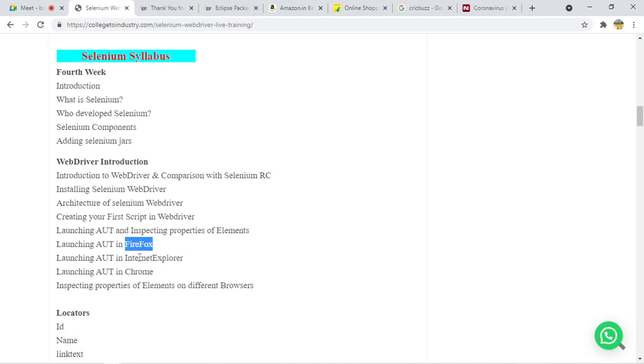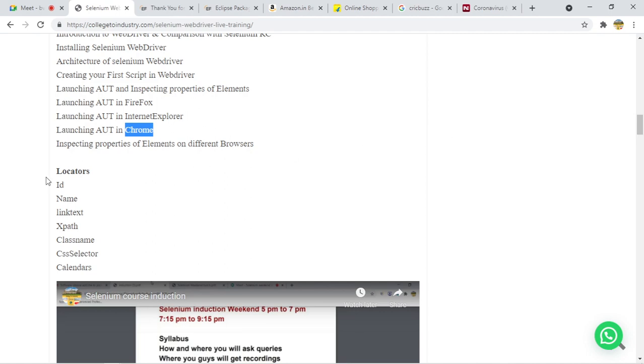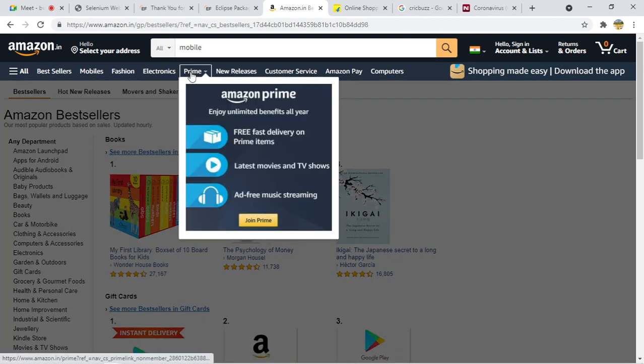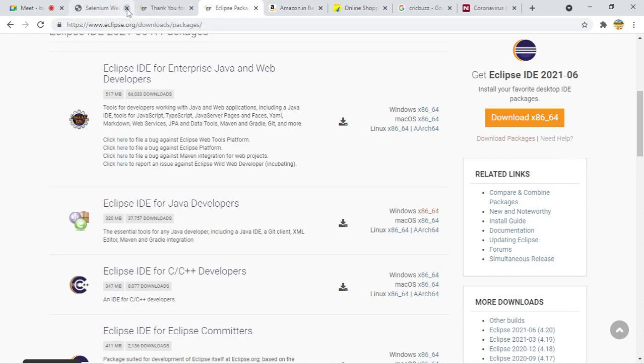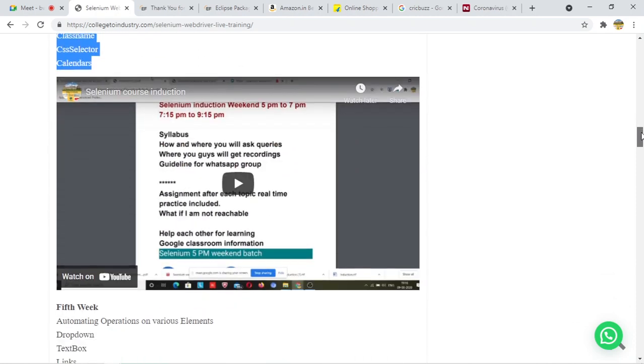But we will see how to run your test case in different browsers, like Firefox, Chrome, Microsoft Edge. And after that, we will see what the locators are. Basically, if you want to perform any click operation, this is a web element, part of the web page. We will see what web elements are later. So these are the locators which we will discuss: what locators are present in Selenium and why we need to use them.